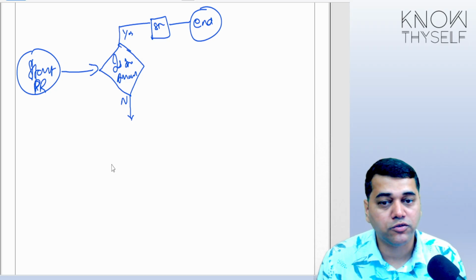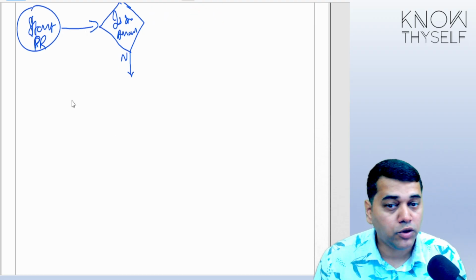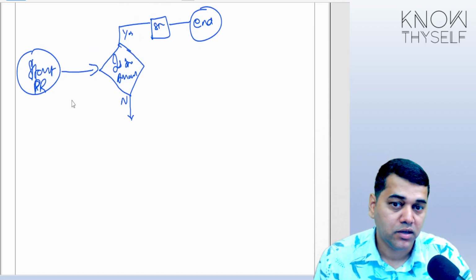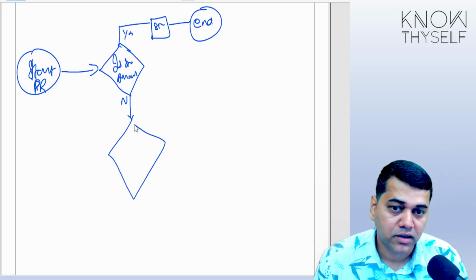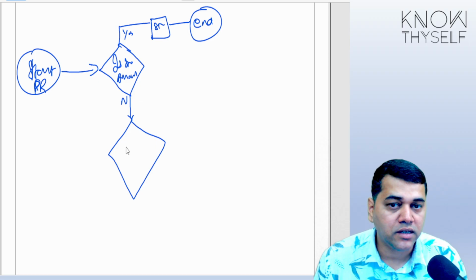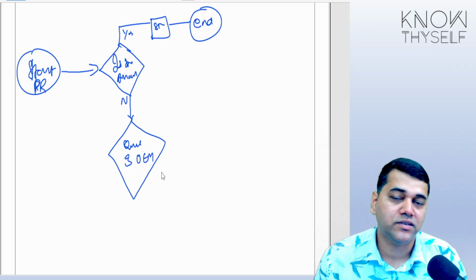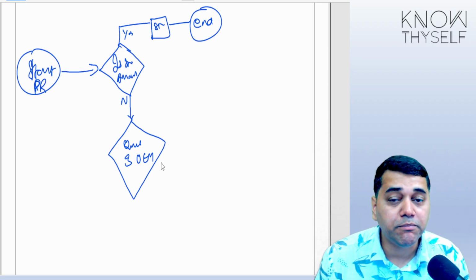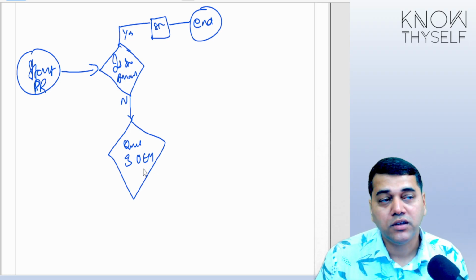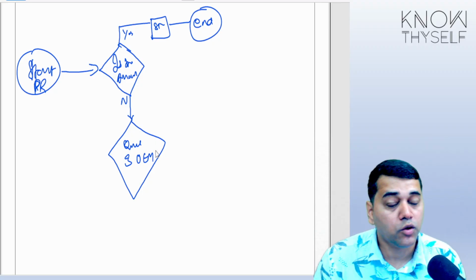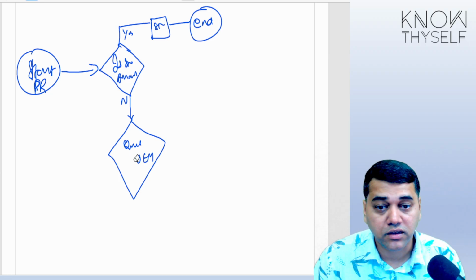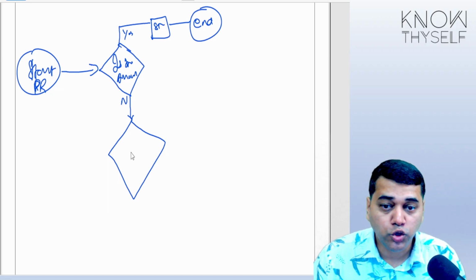That means if the stock is not there, now you have to initiate the process. In initiating the process, first the question you need to ask yourself: have you obtained quotes from 3 OEMs, original equipment manufacturers? Because if you buy from the middleman, you are simply wasting commission. Okay, I can ask one more thing instead of this: do you have a contract?